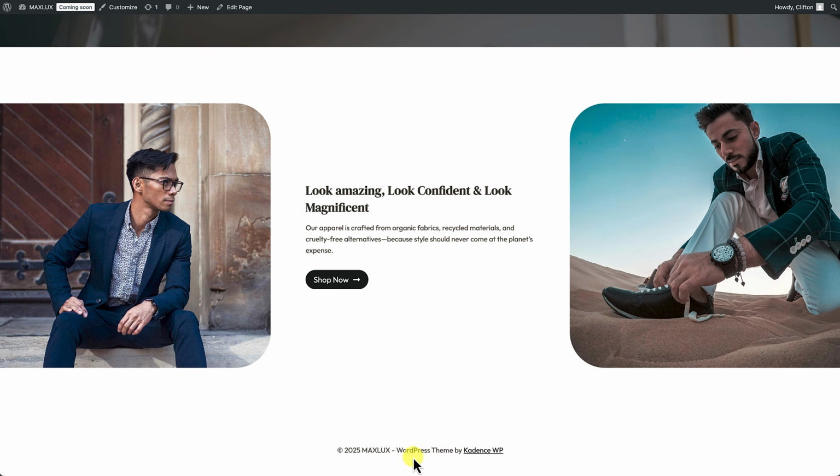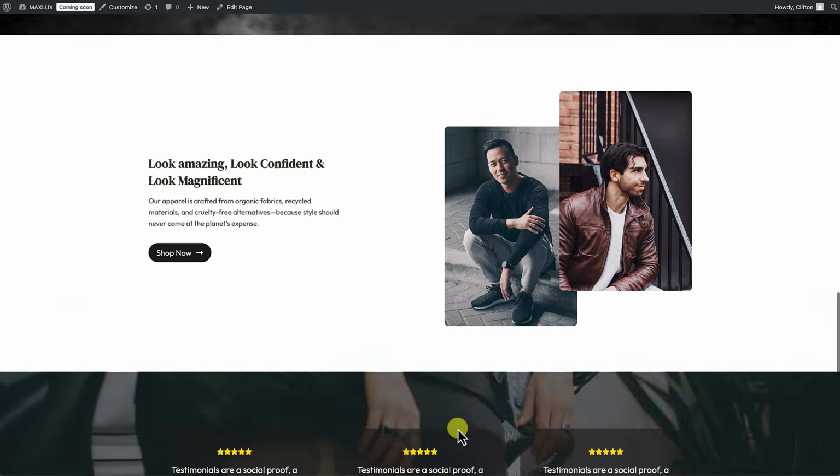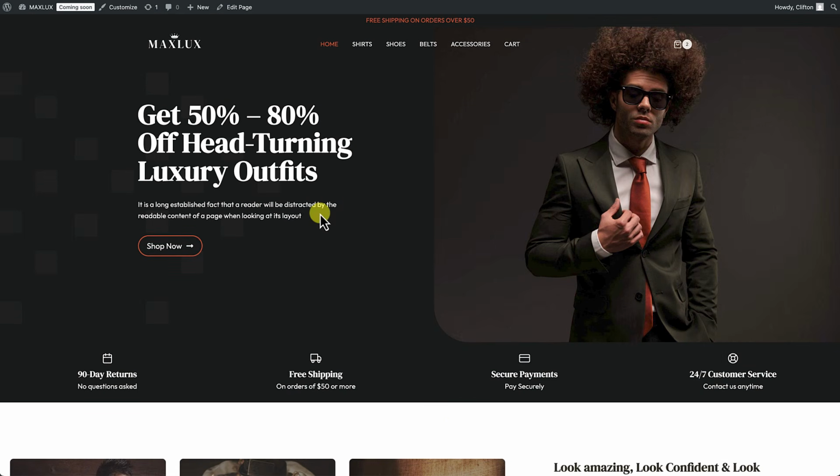And here it just has the copyright information, the WordPress credit, and the Kadence credit as well. Okay, so we're going to completely change this and add a functional footer that's fitting for the e-commerce website that we're building. So to do that, let's go ahead and navigate over to the customizer by clicking on Customize in